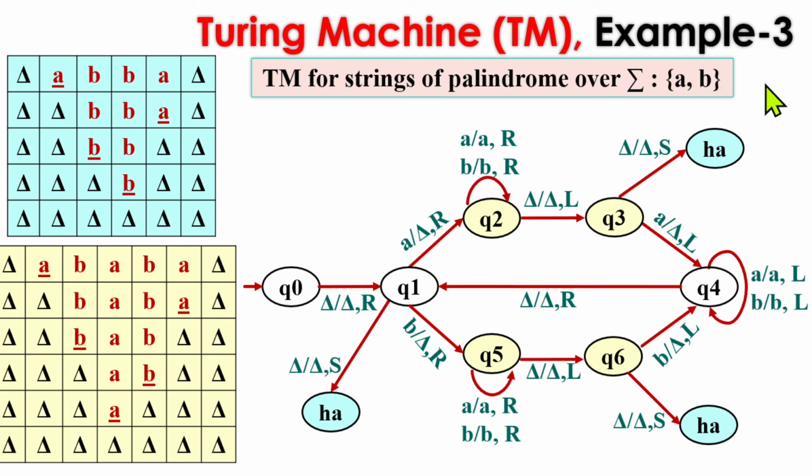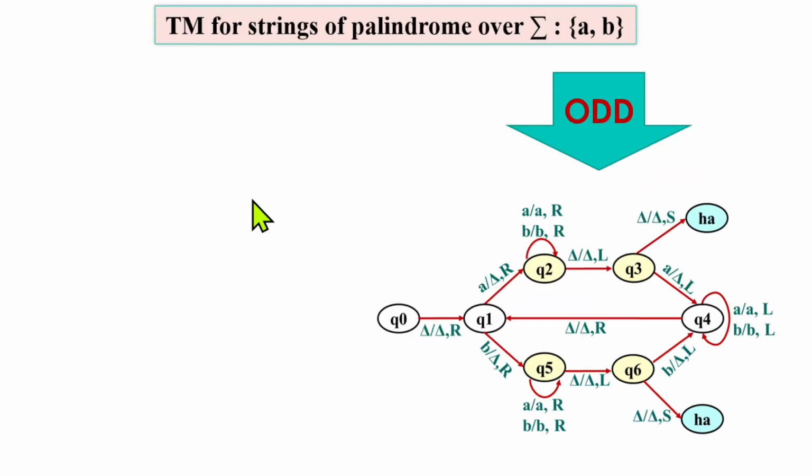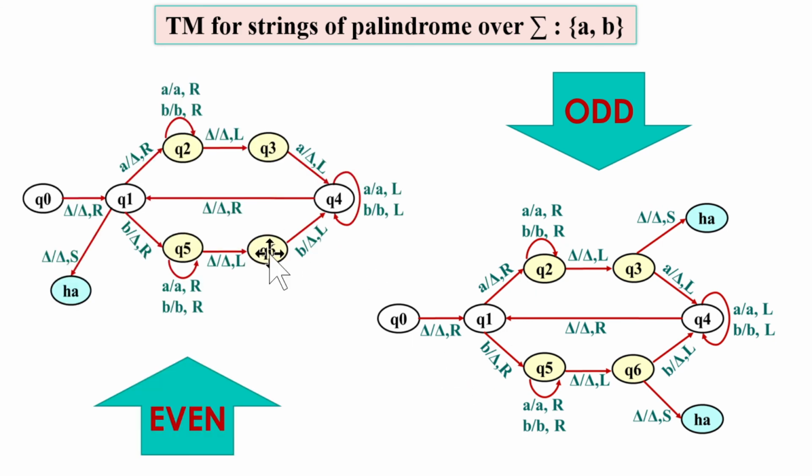If you are having the question for the palindrome string, then you have to draw this complete transition diagram, and you need to show the acceptance of the strings. But if you have the question to construct the Turing machine for odd palindrome, then you can simply draw the complete machine except the acceptance from q1. And if you have the question for the even palindrome, then you can go with this transition and just ignore the other transitions from q3 and q6 straight.